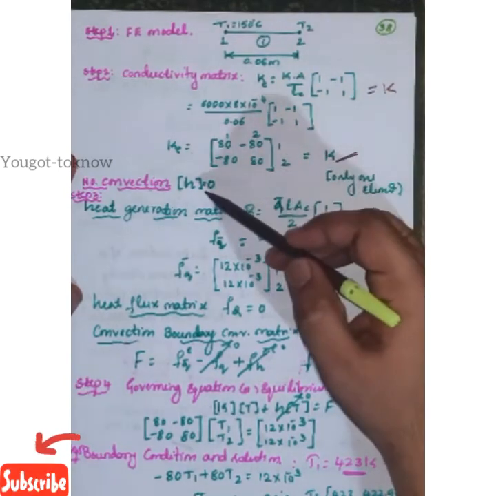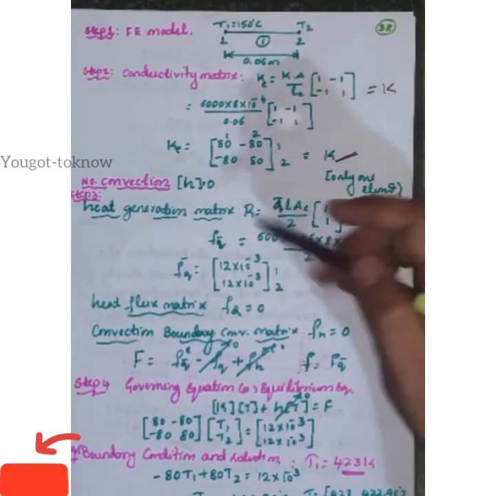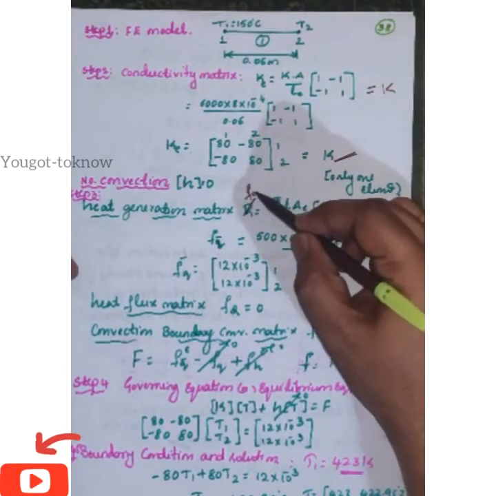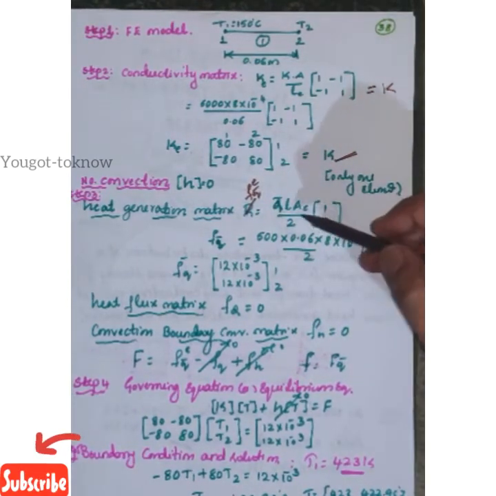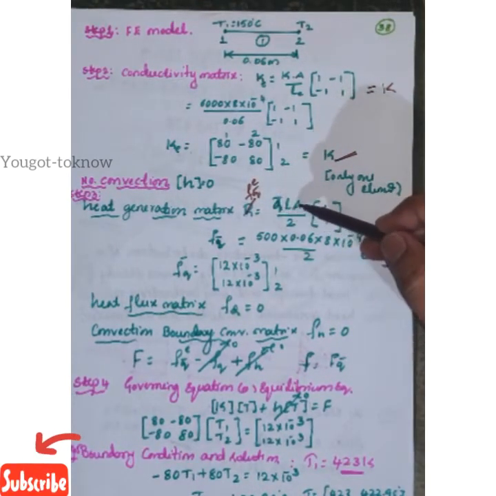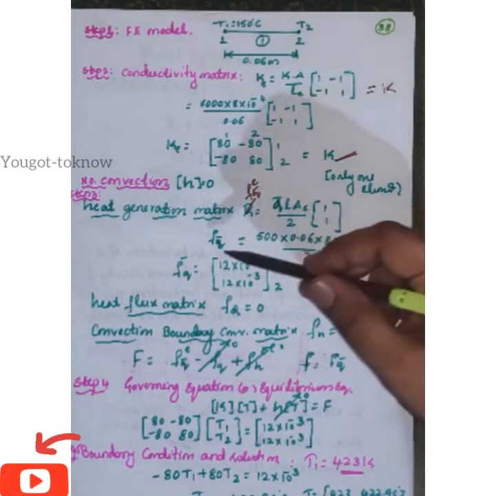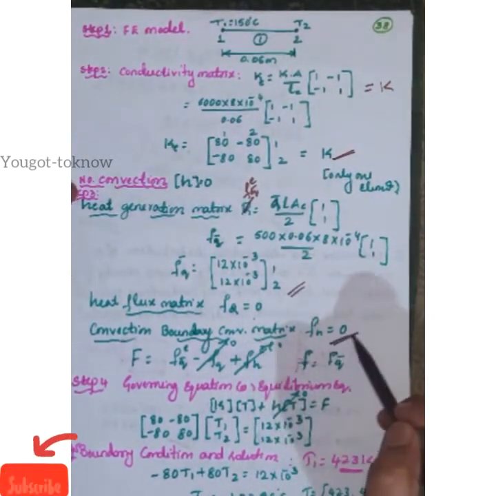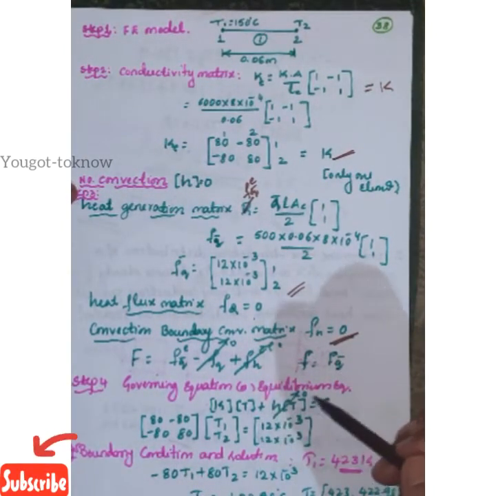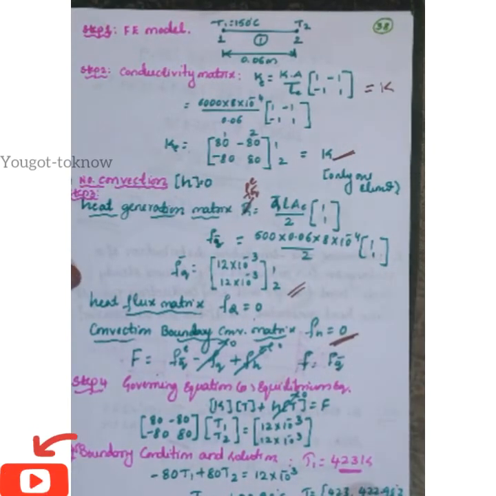This is a value. Then H convection is not given, H equals to 0. Then how to calculate your F here? F is nothing but your FQ bar, that's it. FQ bar E, directly I have done it. FQ bar E equals to Q bar L into AE divided by 2. Q bar, you know the value given, 500, you can calculate everything. You are going to get FQ equals to 0, FH is also 0, then F equals to FQ bar. Directly K into this equation, same procedure you can follow, you are going to get a value